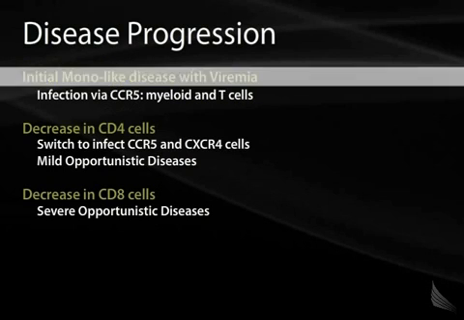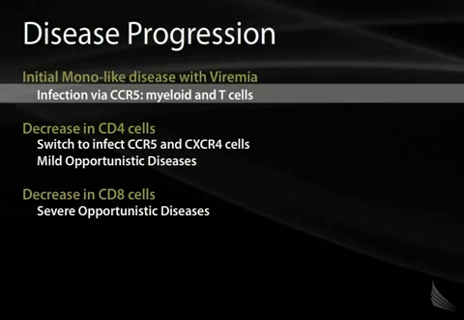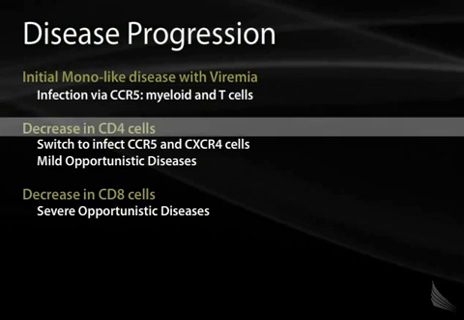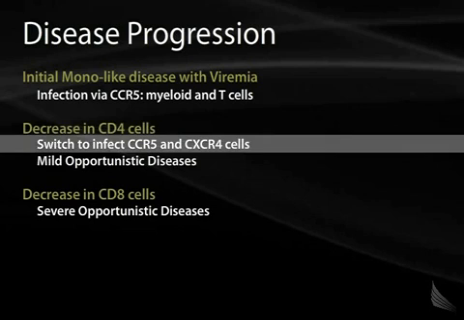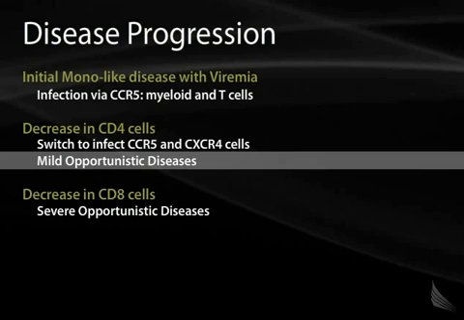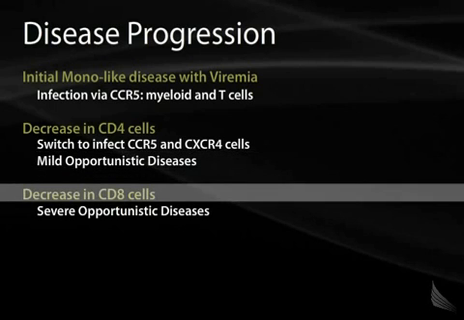Disease progression starts initially as a mono-like disease with viremia. You get infection via the CCR5 receptor on myeloid and T cells. Then you have a slow decrease of the CD4 positive cells. The virus switches to infect CCR5 and CXCR4 lymphoid cells. Then you get mild opportunistic diseases. As you lose all your CD4 cells, the next ones that go are the CD8 cells, and then you get